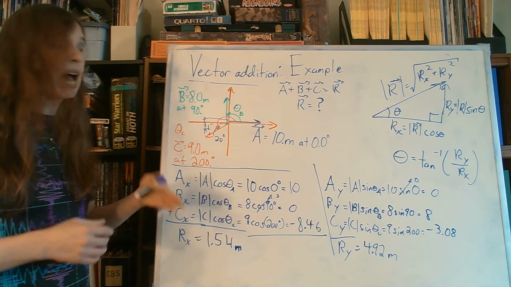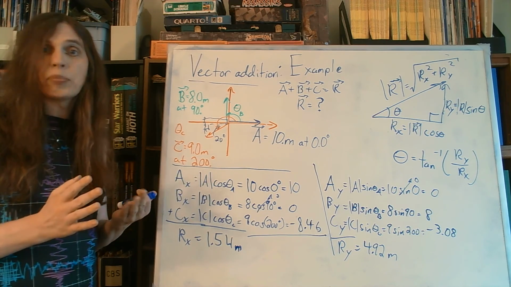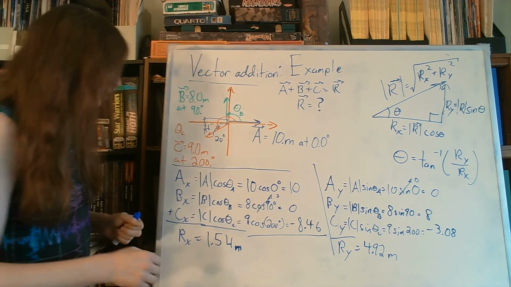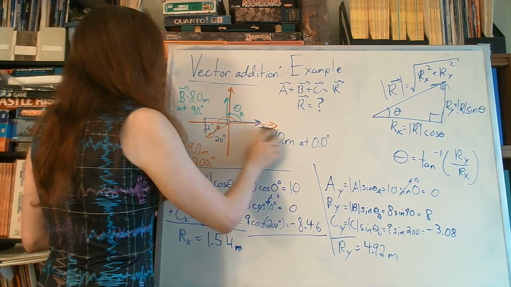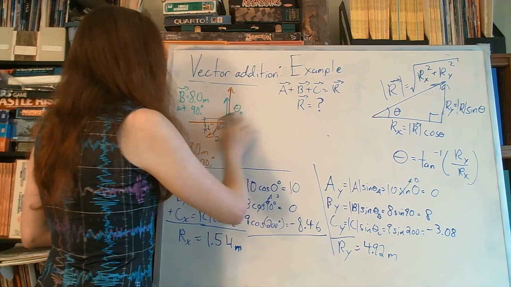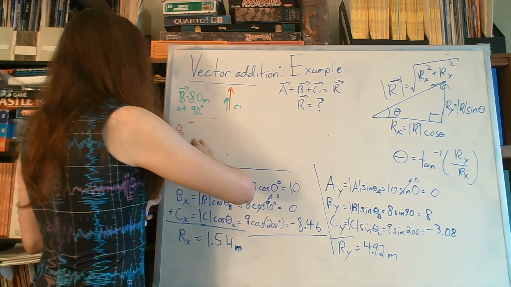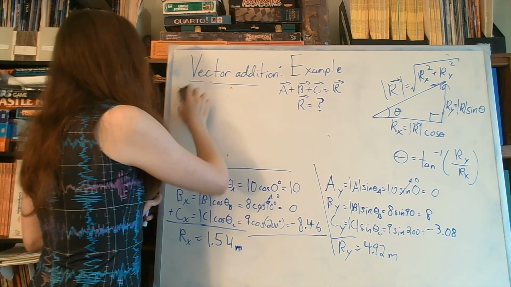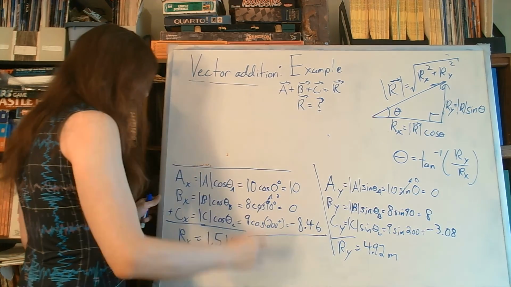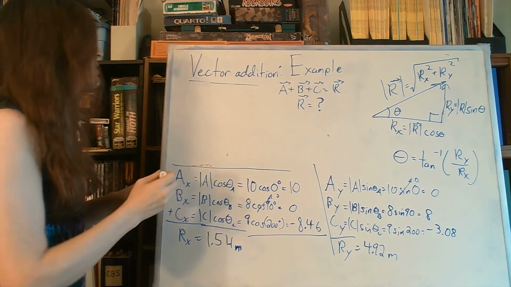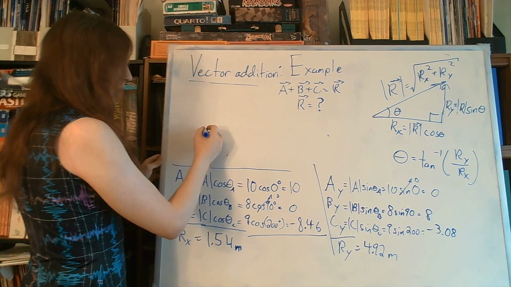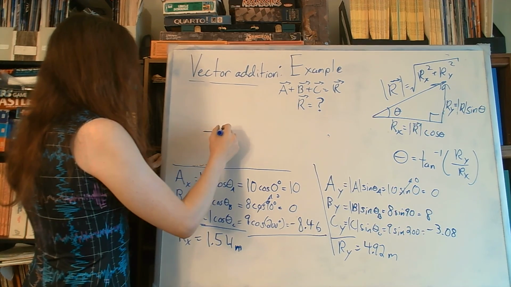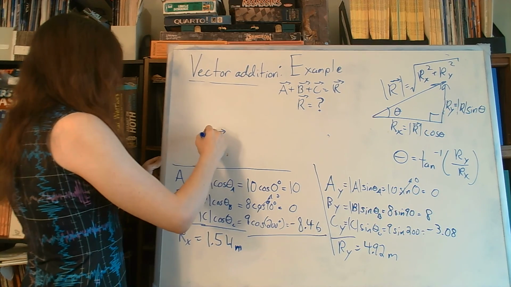In order to do that and make space to operate, I'm going to erase some of this here as well. In fact, what I will do now is replace this illustration with an illustration of my x components. And I will approximate